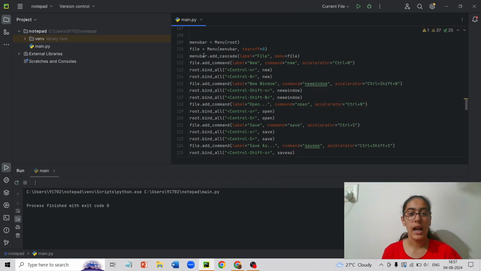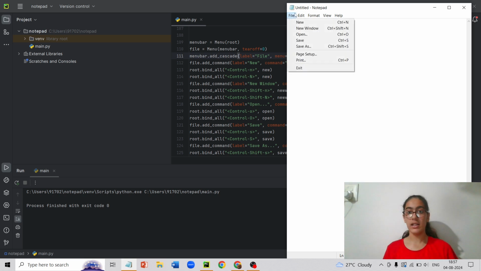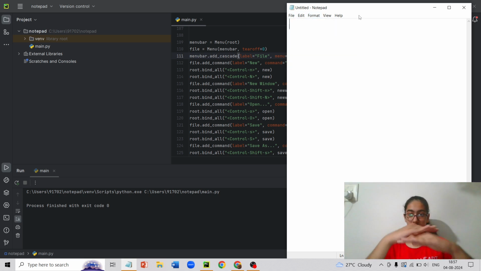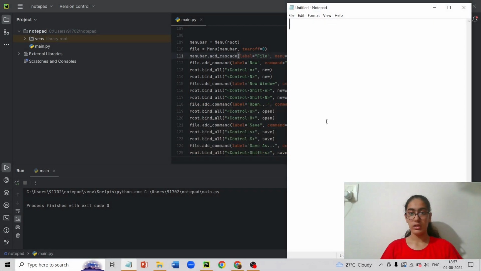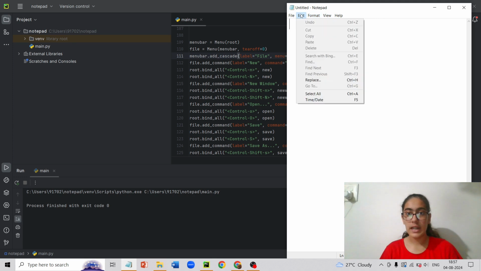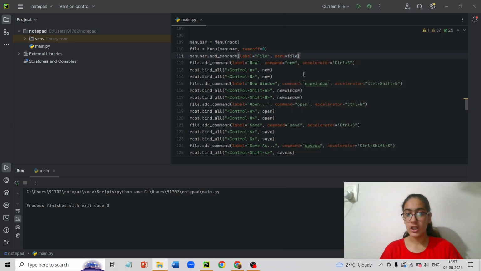Next we have menu_bar.add_cascade. Cascade helps in creating things inside File. The menu bar is this slanted line you see over here. This is the menu bar, and we have all this: Help, View, Format, Edit, File, etc. So file.add_command(label=New, command=new). All of this is just the things which we are explaining.